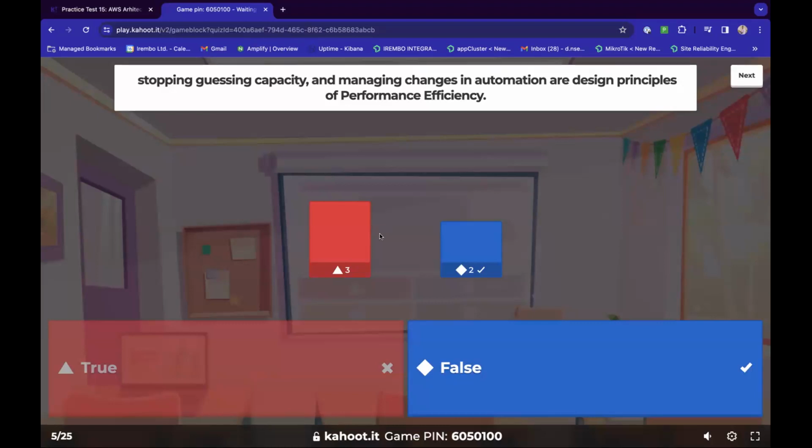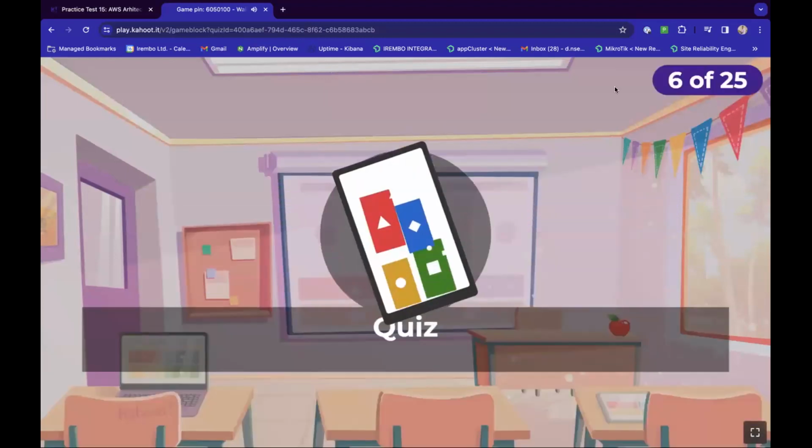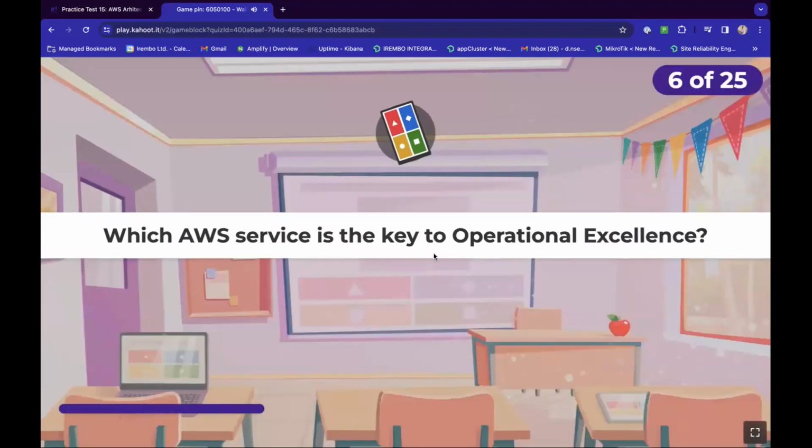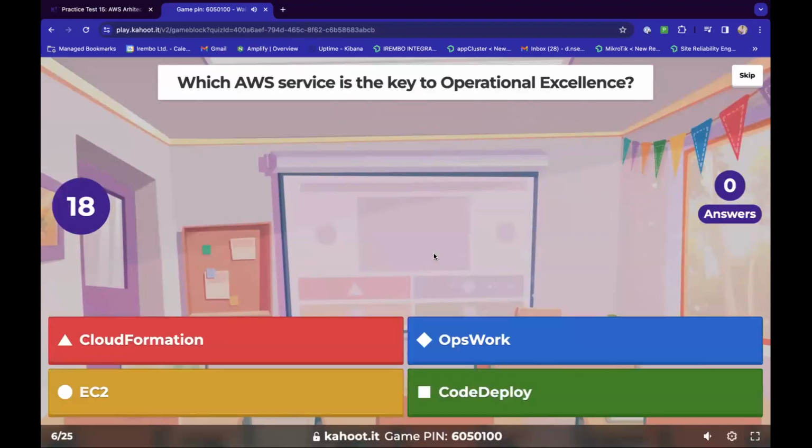I also believe James touched a bit on this. Question number 6. Which AWS service is the key to operational excellence? CloudFormation, OpsWorks, CodeDeploy, or EC2?